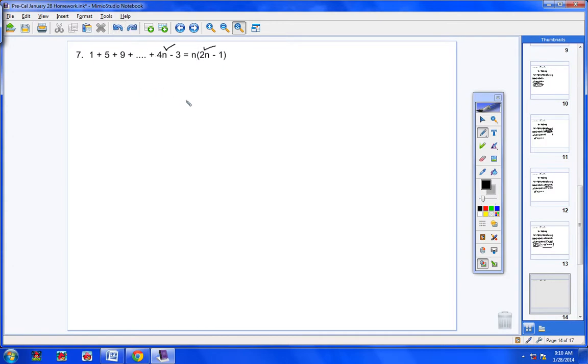So let's go ahead and put k in for n. I would have 4k minus 3 equals, and then for this n I'm going to put a k, and then 2k minus 1. Okay? Now, that's my representation of putting in a k for my first term. Now let's put in k plus 1. So here's my 4, then an n. So I'm going to put 4 parentheses, k plus 1, and then after my n I have minus 3. So minus 3 equals. Then here's an n right here. I'm going to put parentheses because it's two terms, k plus 1, and then I have another parentheses, and I'm going to put 2 and then an n, so a little parentheses k plus 1,